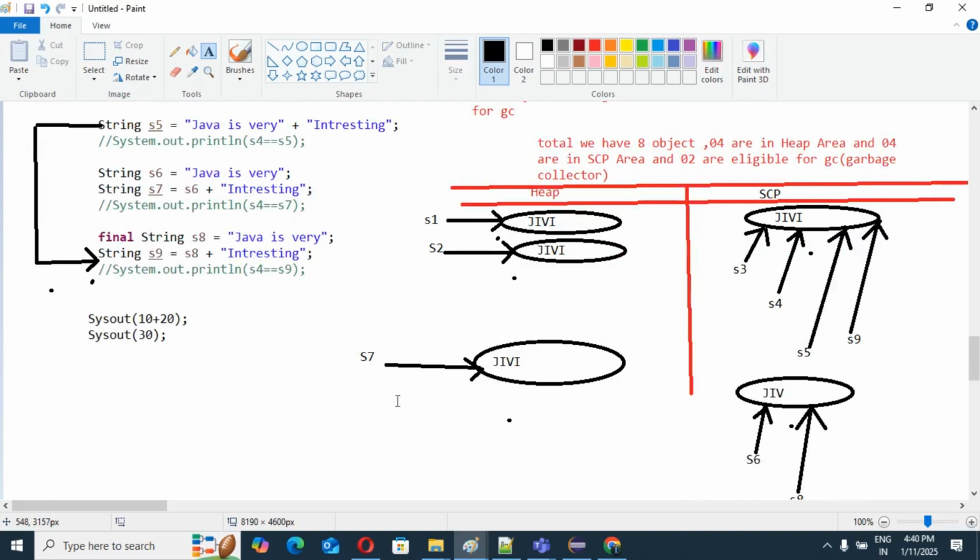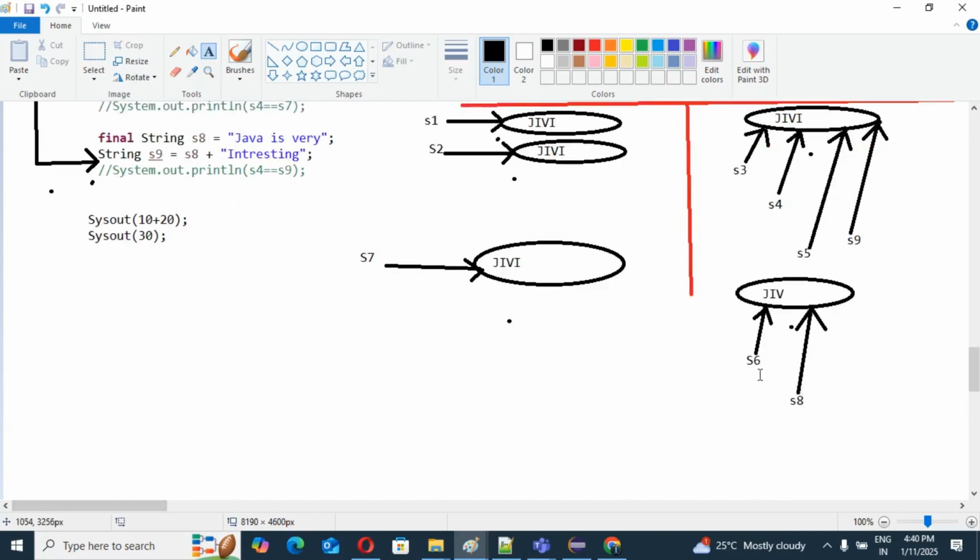You can see 3 objects are in our heap area: S1, S2, S7. And S3, S4, S5, S9, S6, S8 are 6 objects in our SCP area.